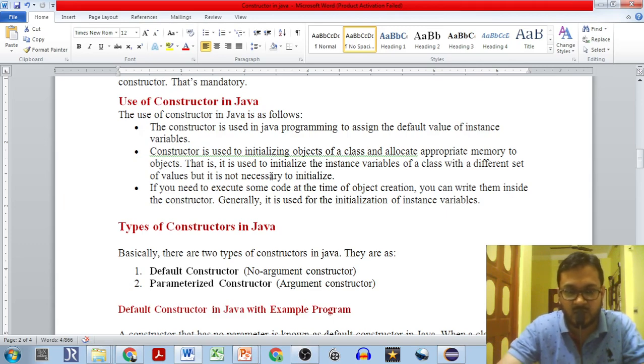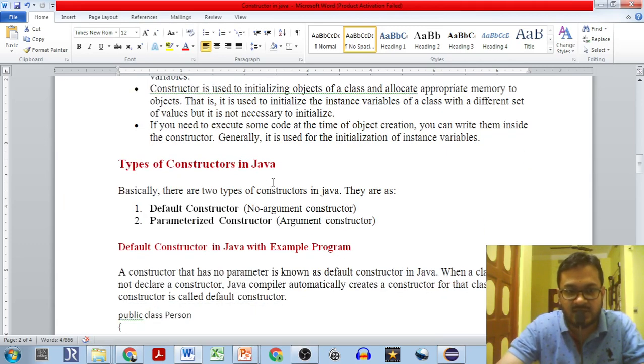There are two types of constructors in Java. One is the default constructor, as I said just before. Default constructors don't have any arguments; no parameters are provided inside the constructor. It's just the name of the class, open bracket, close bracket. That is the zero parameterized or no-argument constructor. The second type is the parameterized constructor.